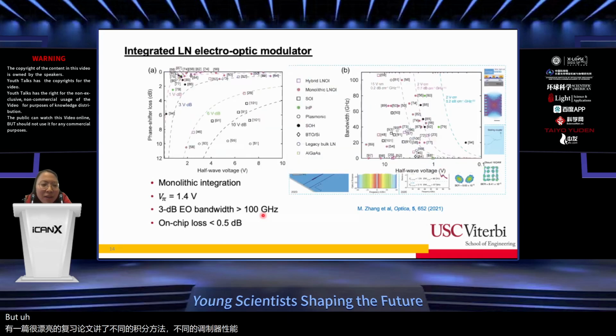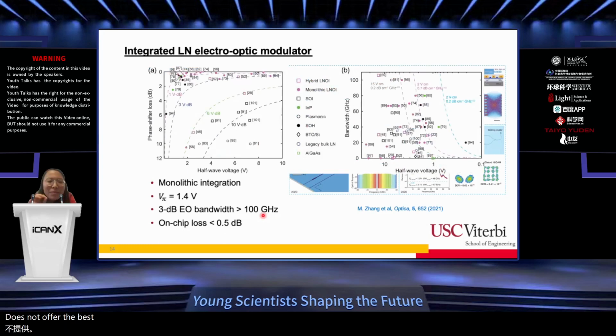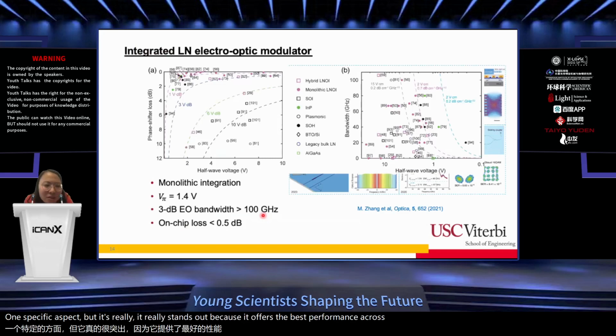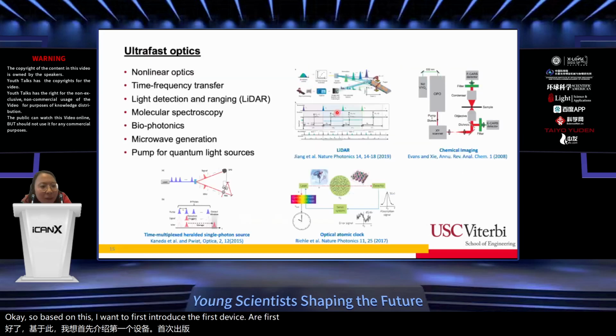But at the very last, I do want to emphasize that lithium niobate for electro-optic modulation does not offer the best metrics if you look at one specific aspect, but it really stands out because it offers the best performance across all relevant metrics, including the insertion loss, half-wave voltage, and the electro-optic bandwidth. Okay, so based on this, I want to first introduce the first device or application that we think can